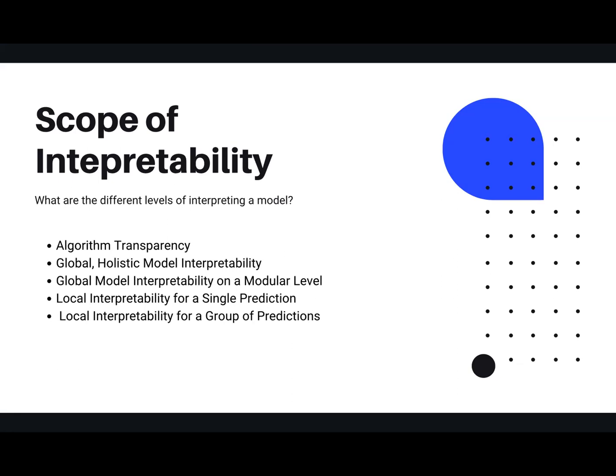And then, of course, the fifth scope is the local interpretability, but not for a single prediction, but for a group of predictions. This is very much related, but instead of why did it make a certain prediction for a certain instance, we're trying to ask, why did the model make specific predictions for a group of instances? So for example, if every time a black guy comes to your bank and asks for a loan, you reject them,